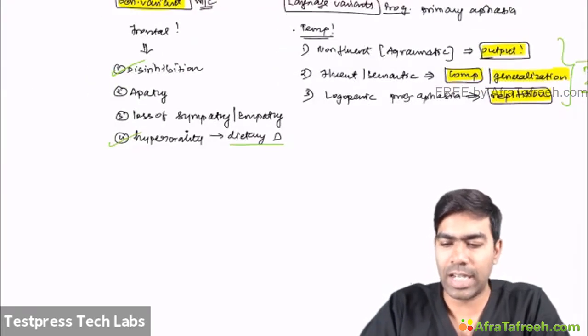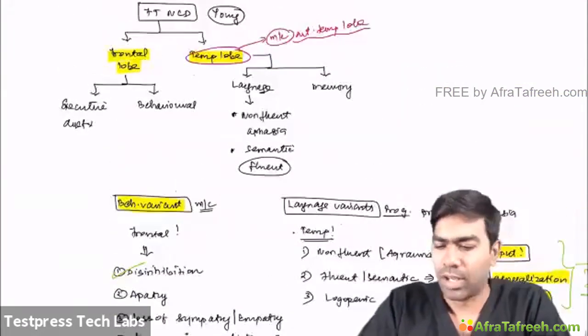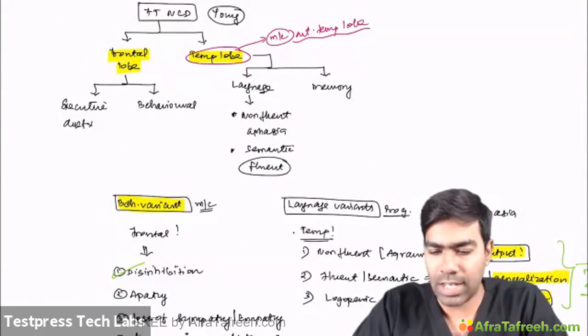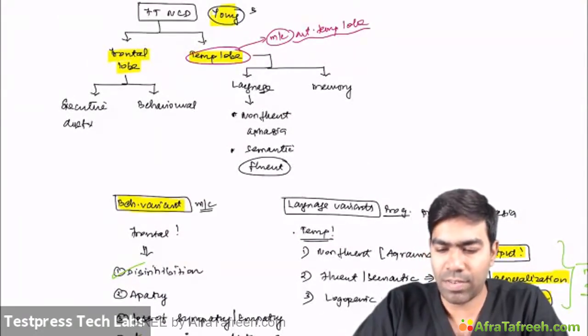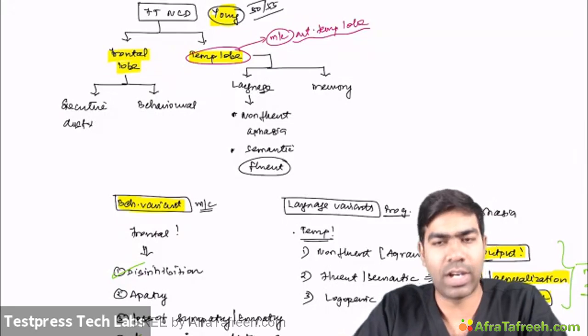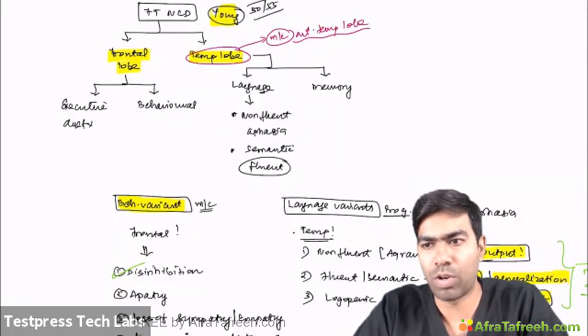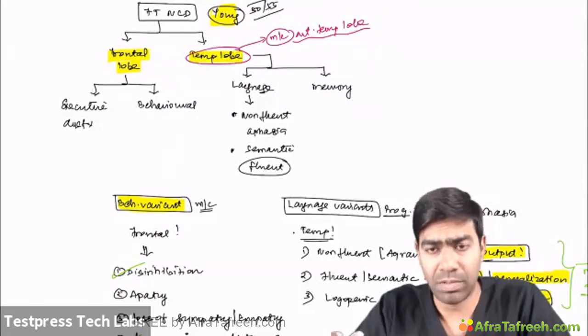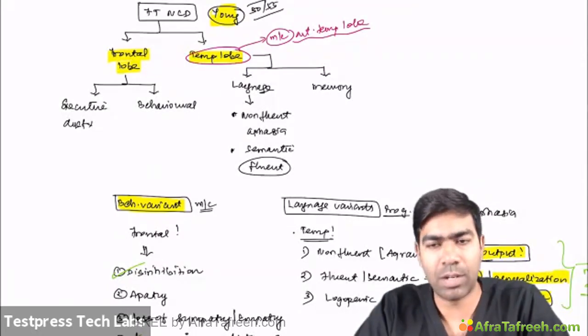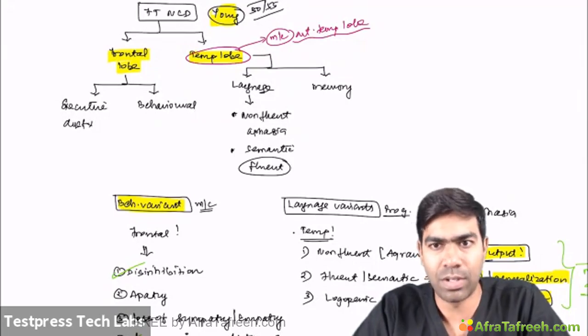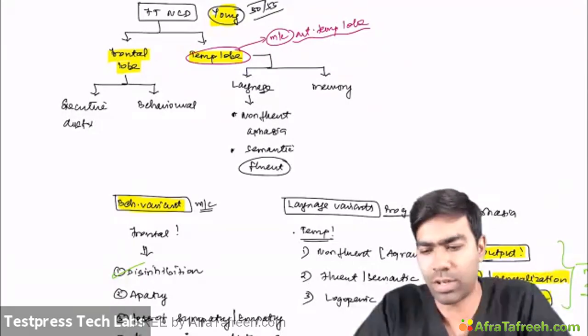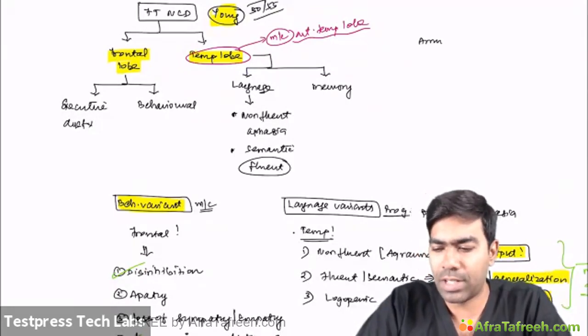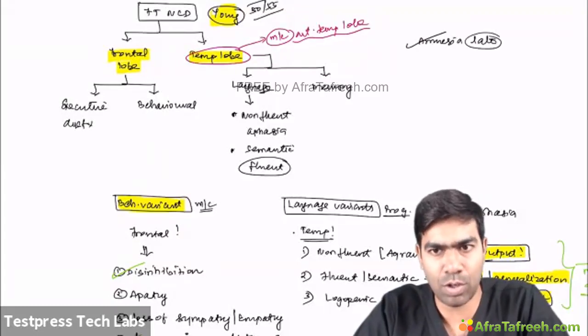Nevertheless, in the exam, how will you make out this frontotemporal dementia? A young patient, around probably 50-55 years, coming with more of a word finding difficulty, language issue, think about a frontotemporal neurocognitive disorder. Or if a young patient comes with more behavioral issues to start with, think of a frontotemporal neurocognitive disorder. Remember, amnesia happens late in the setting of a frontotemporal neurocognitive disorder.